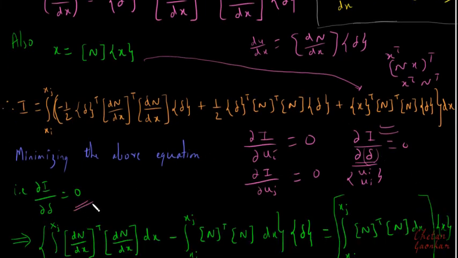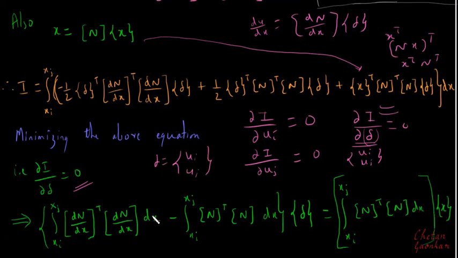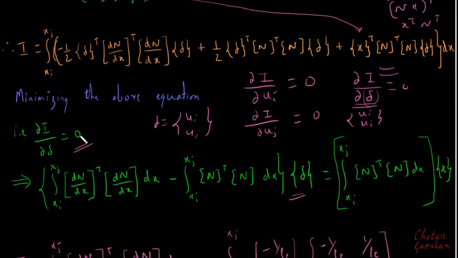And that is what has been done here. This delta is nothing but the unknown variables which I need to find, which consist of ui and uj. Differentiating this with respect to delta and equating it to 0, I will get this term. Since I'm differentiating with respect to delta, this term will go, this term will go, and this term will go. Now what remains here is delta transpose and delta transpose. If I bring it out this side it will become delta, and then x transpose, if I bring it out this side, I will get it as x. So this is the equation after minimizing this equivalent functional, and this is the equation which we wanted.